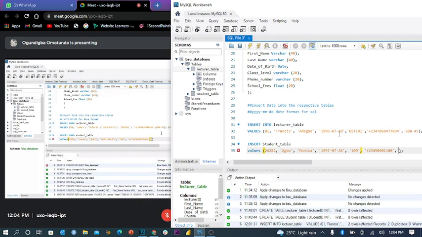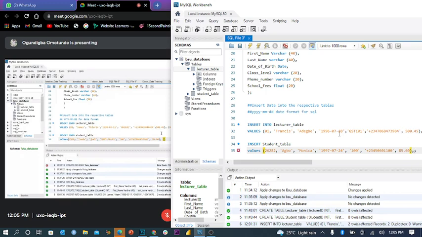And my school fee: because I'm in 100 level, school fee is always a little bit exorbitant when I just started. I'm paying $70 and 60 cents. I should be using naira, but we don't have decimal places when dealing with naira in Nigeria. So let me use dollar so we can know how to input details for decimal places. Then comma. Now I want to input another detail for a different student.